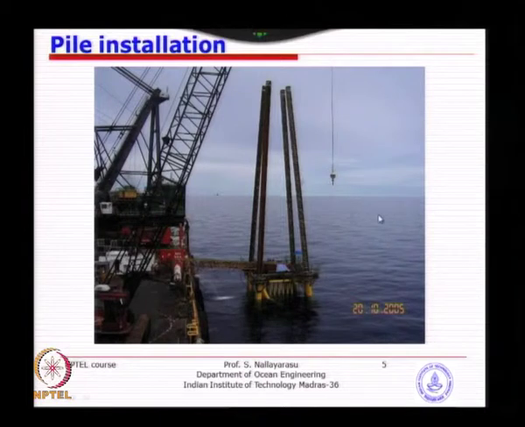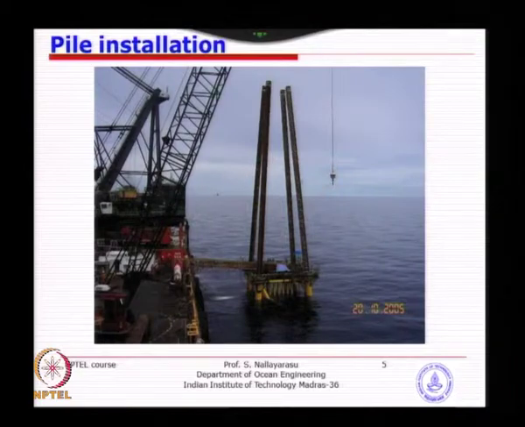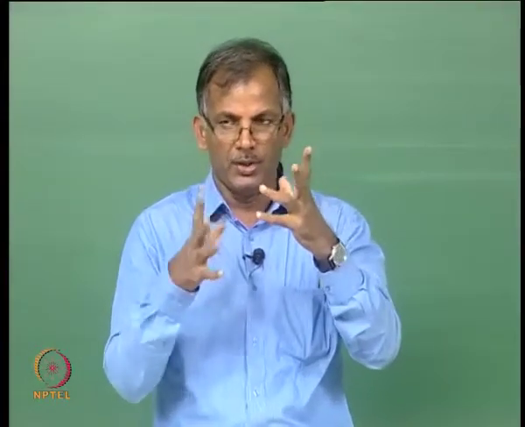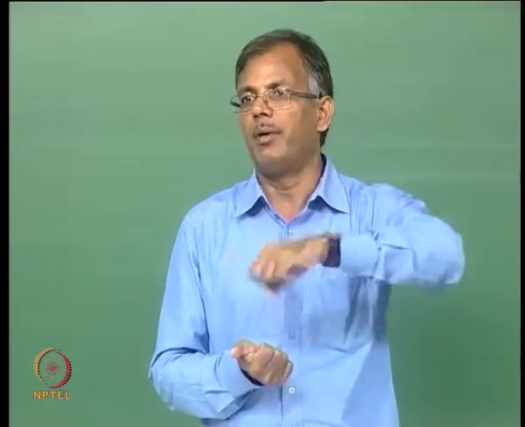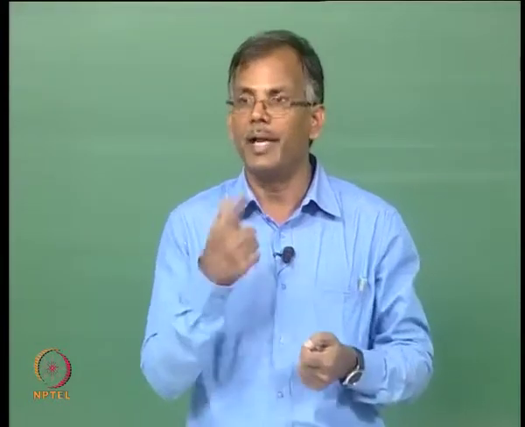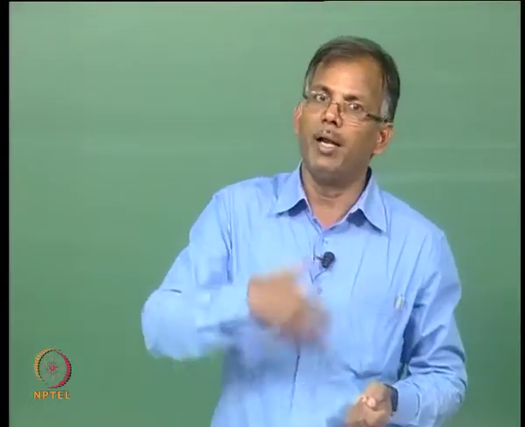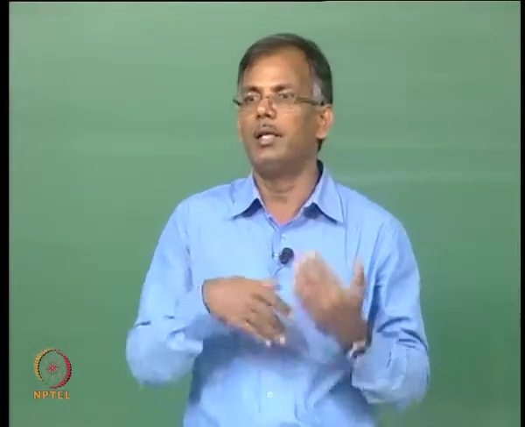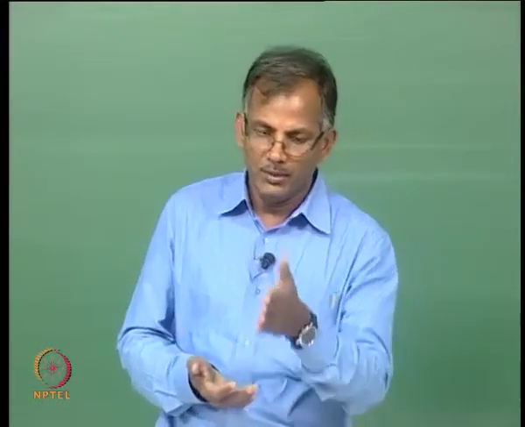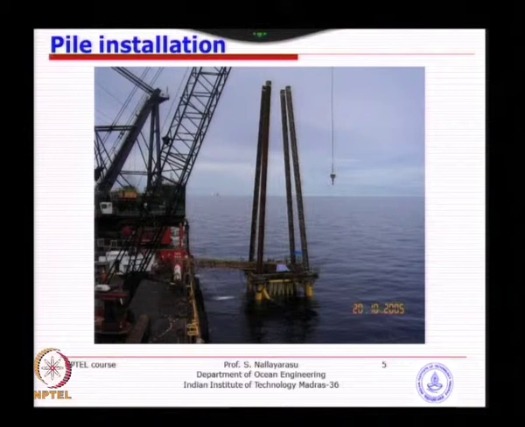You can see this particular picture is a 4-legged jacket. What you see is 4 piles just put on top of this jacket. The reason is very simple. For example, if I want to drive 4 piles, I take the first pile and drive, then remove the hammer, because every activity involves the crane. The crane is the one that is taking the pile or taking the hammer. So every time you want to change the hammer and pile, it takes 3 to 6 hours. So instead, what these people have done is put all the piles at one time, and then take the hammer and just go around and drive.